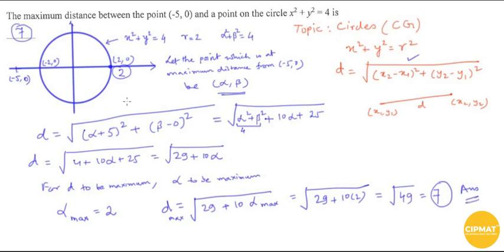And if you were a bit smart, then you could have initially found out the answer as 7, as we did in the beginning. So this is a formal approach in which you can do this, but since this is a multiple choice exam, you don't need to do that. You can directly write the answer 7 from the figure.